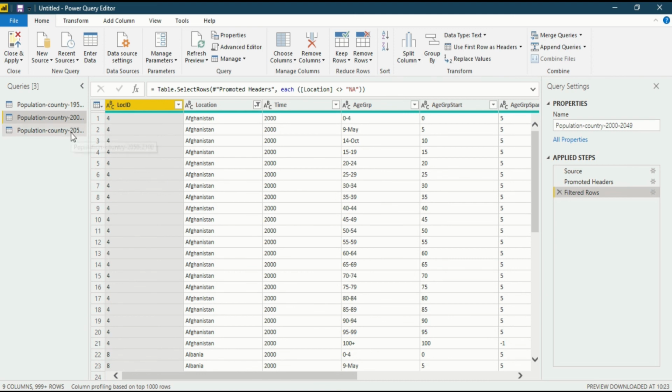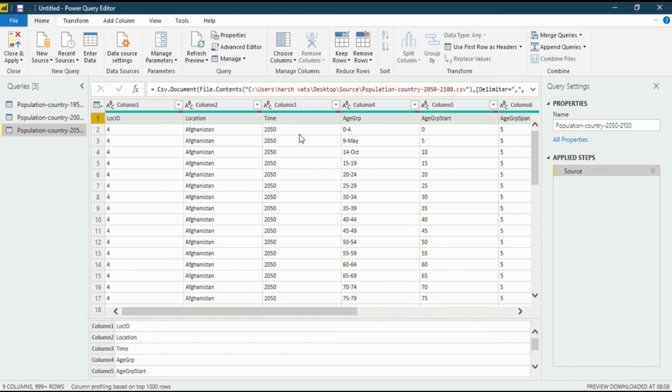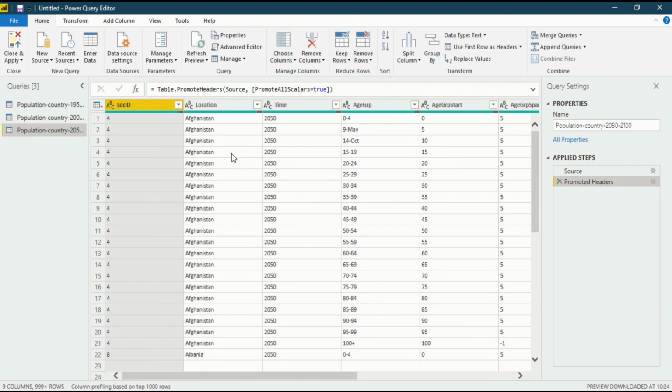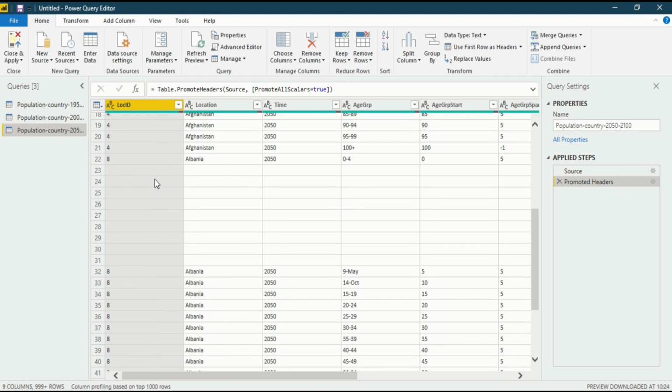Now let's go to the third file and see what editing is required in it. First thing you will see, you have to make your first row the column header. That is also quite easy. Just click on use first row as headers in the Transform section of the Home ribbon. Click on it, and it has been edited. Now let us talk about further editing required in the third file. Let us go through the data. You will see there are blank spaces in the rows that need to be deleted to make your data good data.